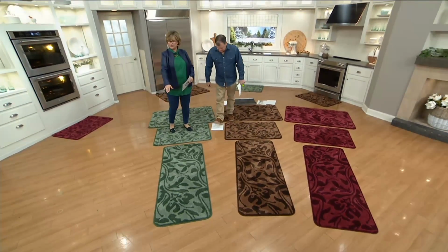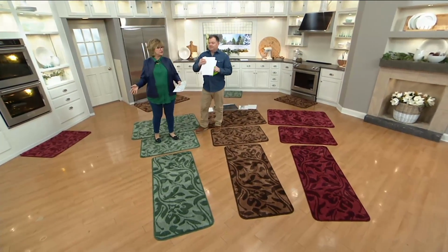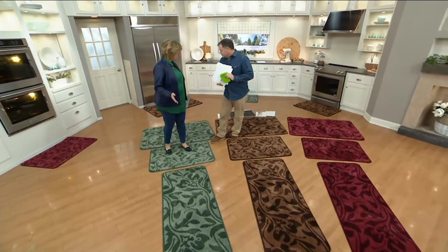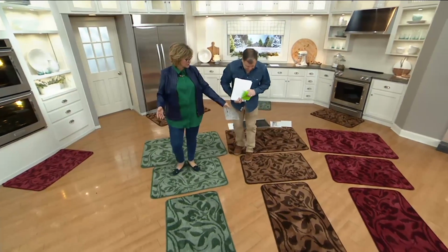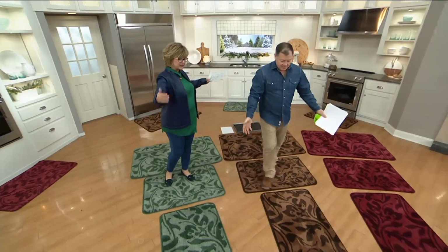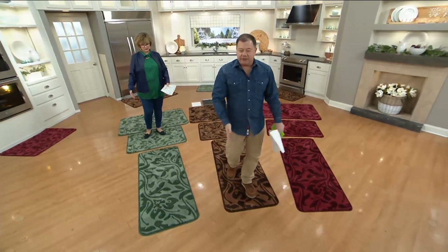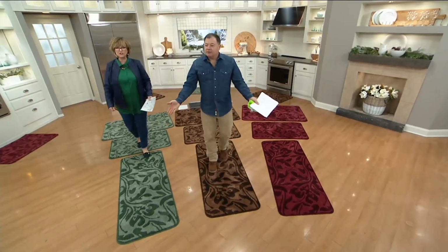We also have the runner and the extra large, which is perfect if you've got a double front door. I have that in my front door. And then these little guys are perfect for a single door or as a pet mat. And then I love the long one for the kitchen sink area. Yeah, I put this in my mud room so that every guest that comes in has to take 3 or 4 steps across the runner. It's perfect for 2 passes of